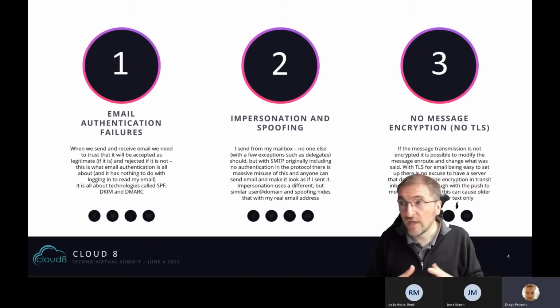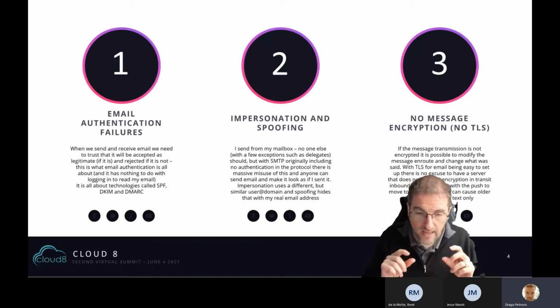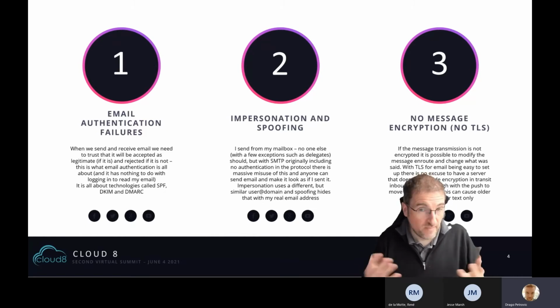We will look at impersonation and spoofing. That's where the email claims to come from, let's say me in this case, but doesn't. It comes from someone who looks like me, who is pretending to be me. For example, impersonation will send it from a domain that looks like my domain. So for example, my domain and my email address,